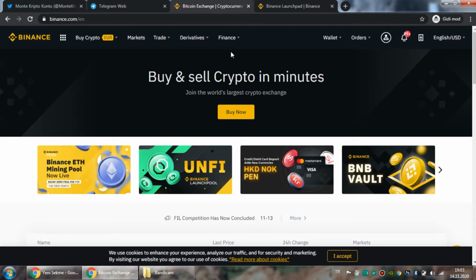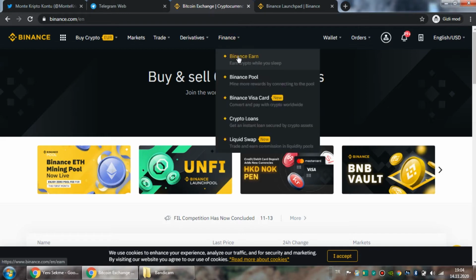I can earn more money using these dollars in my spot balance. I'm earning another income with my dollars. It is perfect. You should come to Binance Earn,